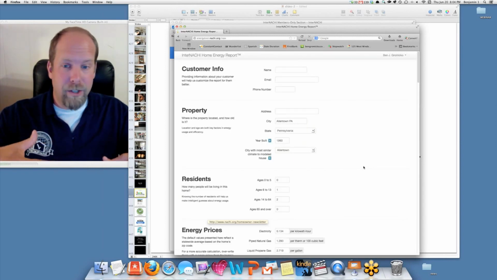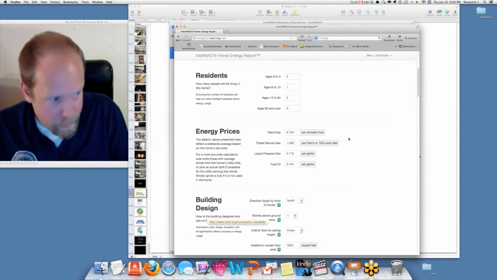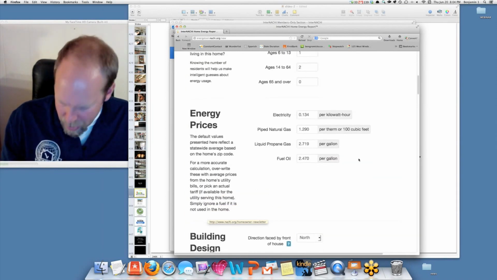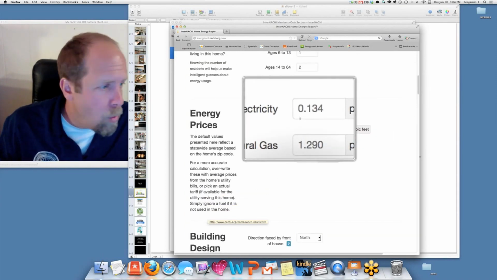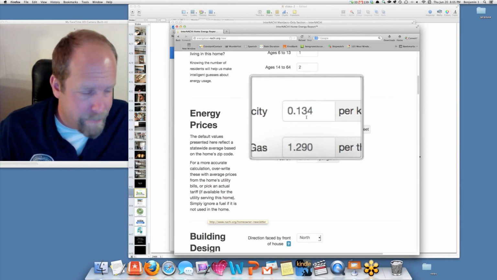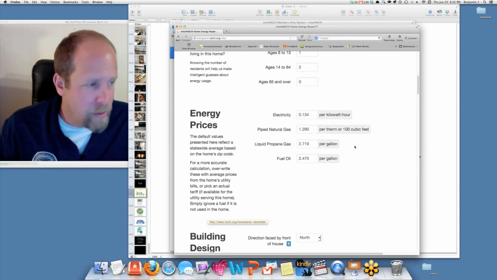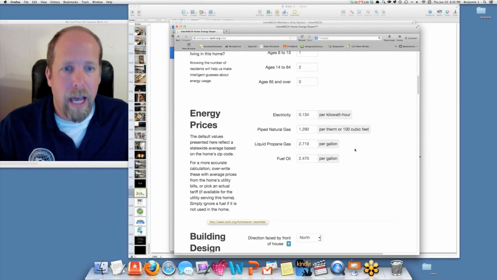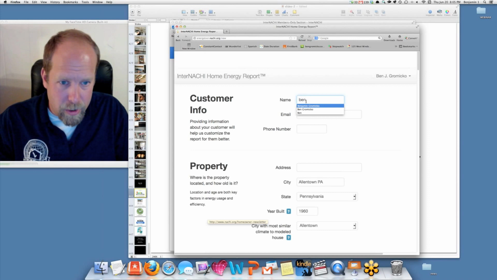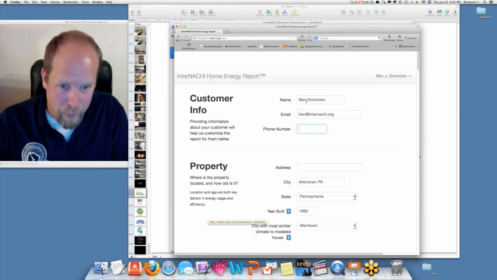And it develops this checklist for you that has a bunch of defaults. For example, let me make this a little bit bigger so you can see. There we go. For example, it will figure out the electric per kilowatt hour rate for you if you don't know. You don't have to look at a utility bill anymore to do a home energy inspection and produce a report. So I'm going to do this real quick, okay? And if you want me to go slower, I can do that for you, but not during the webinar because we have 300 people